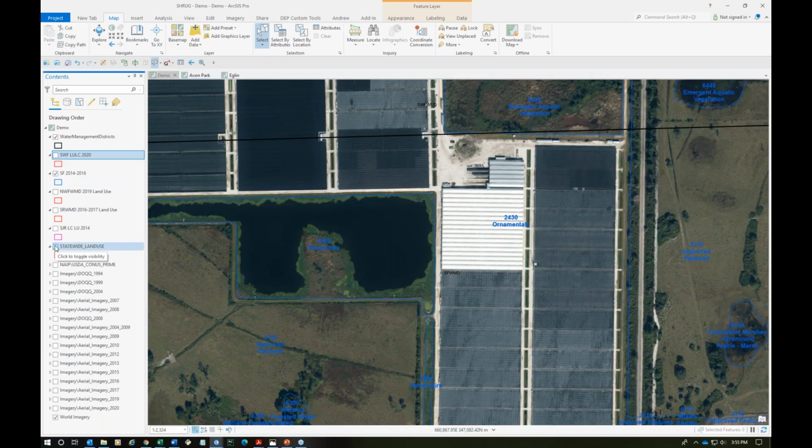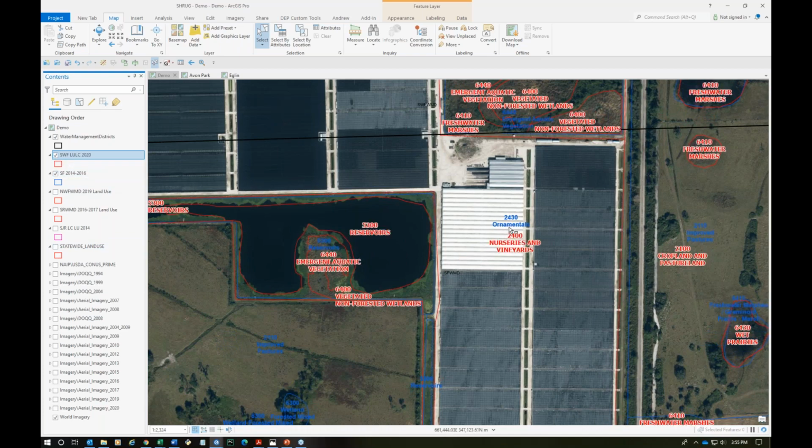Back in 2017, what did they call it? They called it a level 3, an ornamental. So even 3 years later, they've gone away from the level 3, and now they're back to a level 2. The ornamentals fall within the nurseries and vineyards. And so